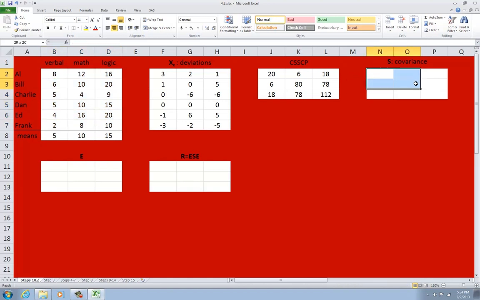So what we do, we have this equal to this matrix divided by 5, and we get the covariance matrix, and that's step 1. And then in step 2, the covariance matrix is transformed into a correlation matrix by pre-multiplying and also post-multiplying it by a